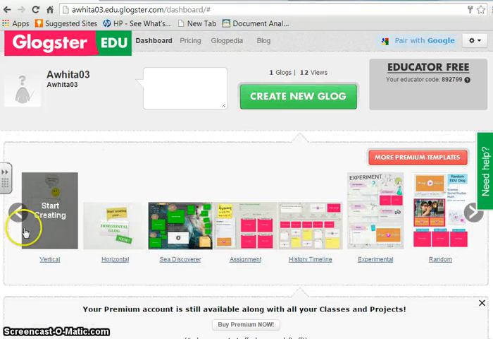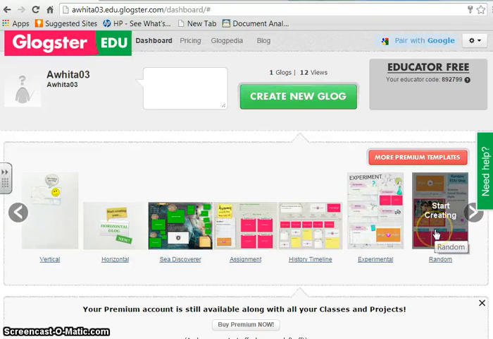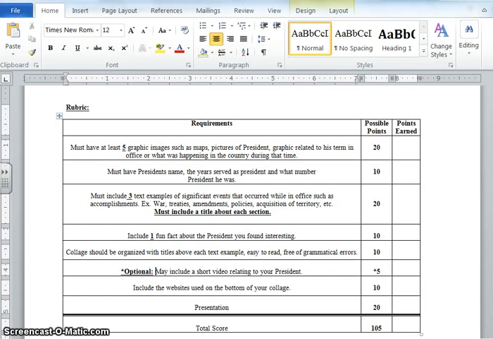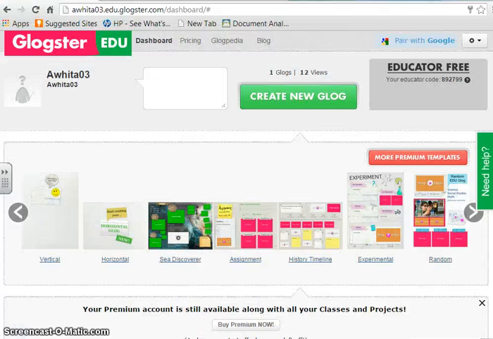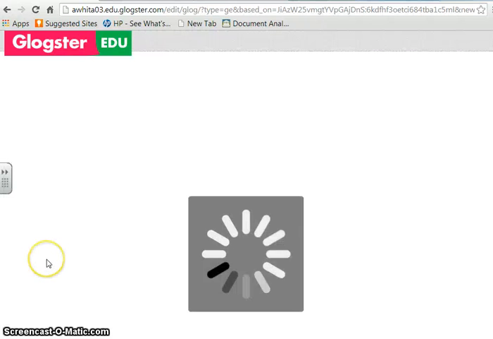Okay, and then from here you're going to be able to select the many different templates on your rubric, which I'm going to bring up really quick for you. This is going to be printed out for you, so you will be able to have that with you when you're making your collage. It doesn't specify the layout, so you can be creative there. So you can go ahead and select the layout of your choice. And I'm going to select historical biography. So I'm going to select that template,